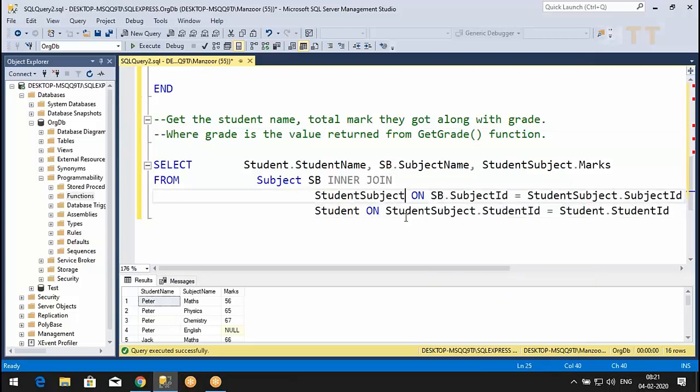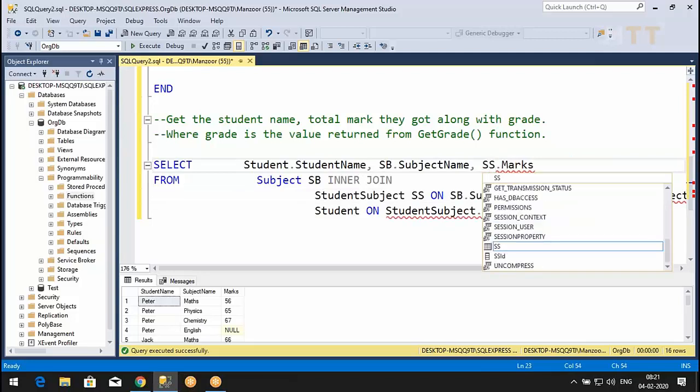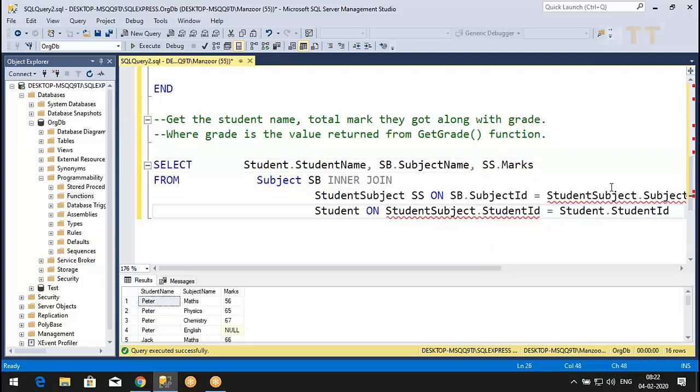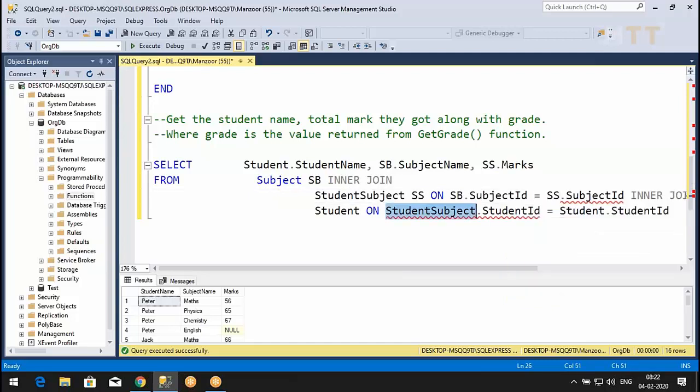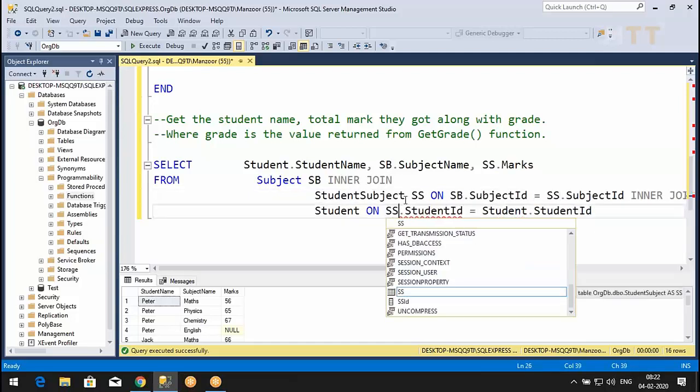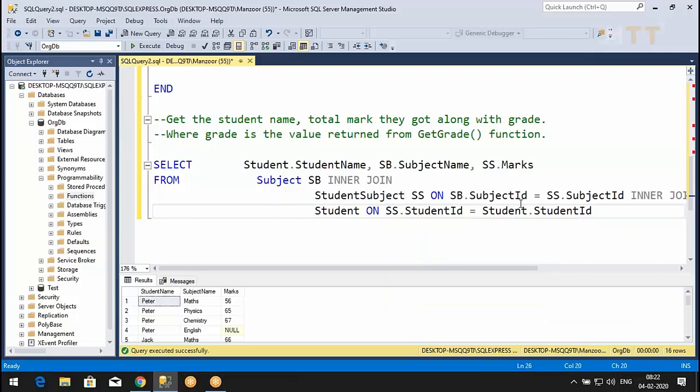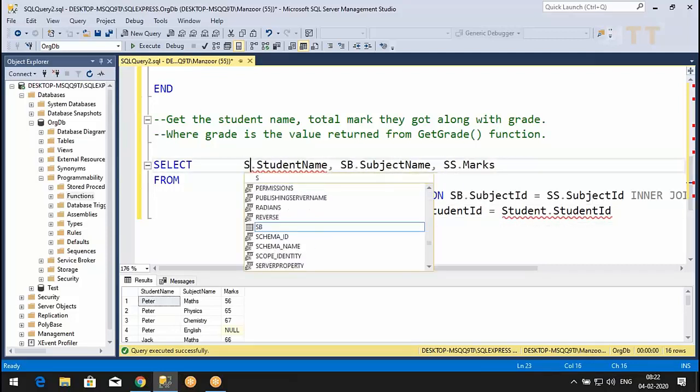And for student subject I'll say SS, and here SS dot, and here also SS dot, SS dot. And for student I'll say ST, and here ST dot.